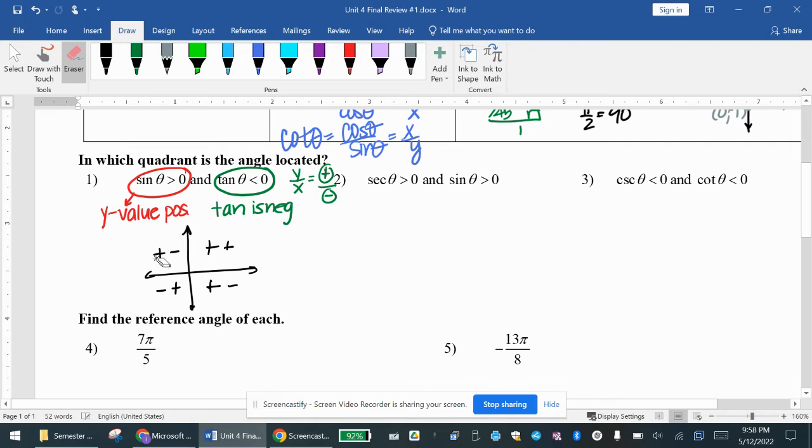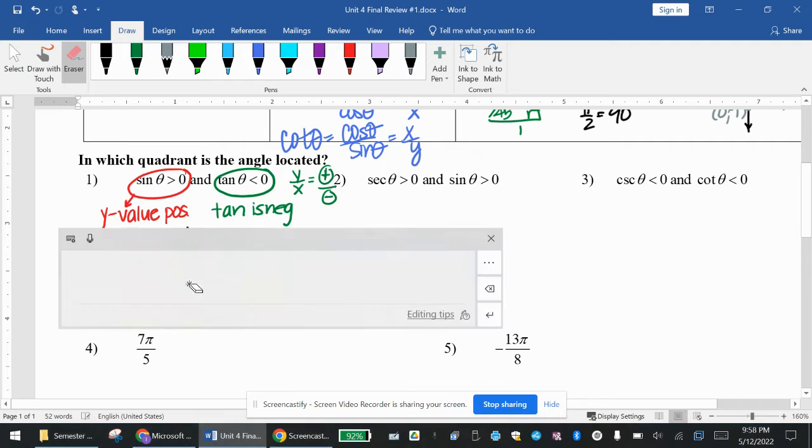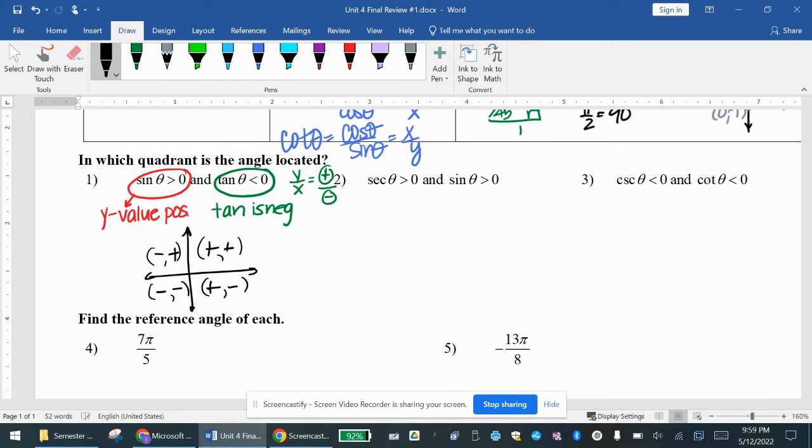Oops, I just realized I wrote this one wrong. Super sad. Okay, so remember these represent the x and the y. Oh, Lord Jesus. It's one of those days already. Okay, so